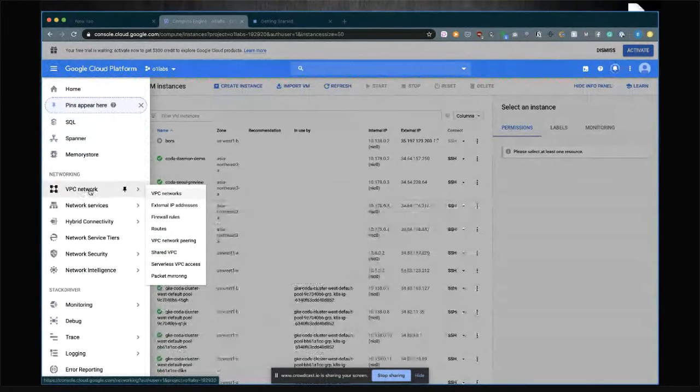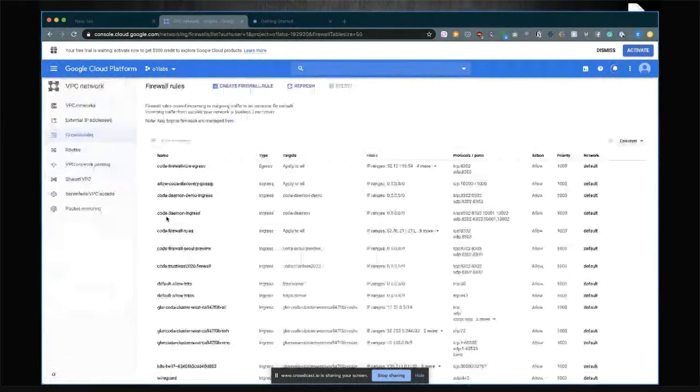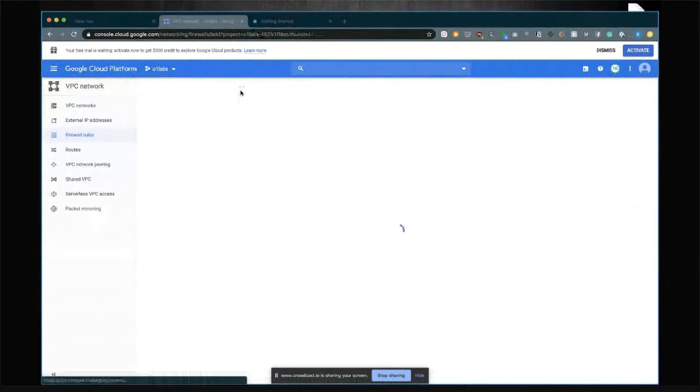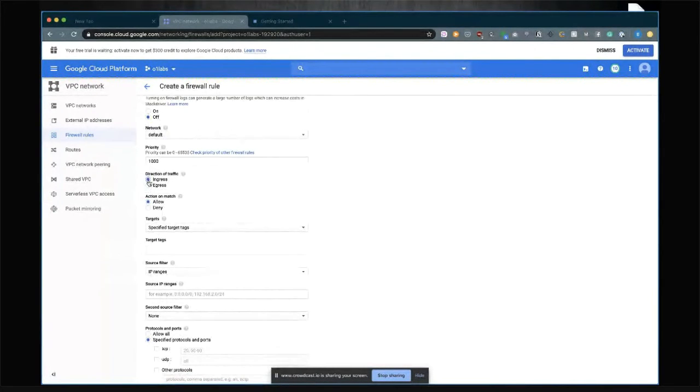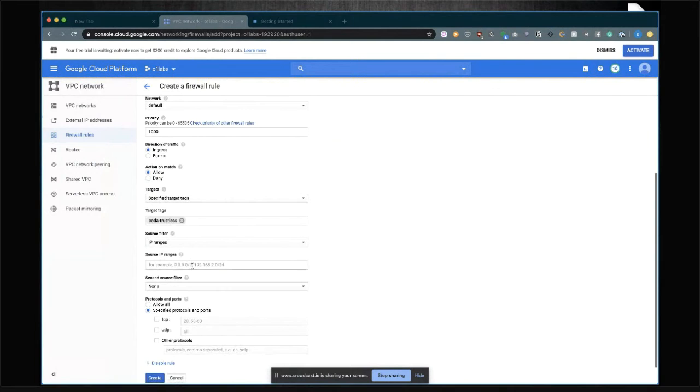So if you press the menu again and then go to firewall rules under VPC networks, we can create a new firewall rule called Coda Trustless Firewall. And then the important things here, we want to set the direction of traffic to ingress, because ingress is allowing folks to connect to us. We want to target this Coda Trustless tag that we just created. We want to allow all IP addresses,